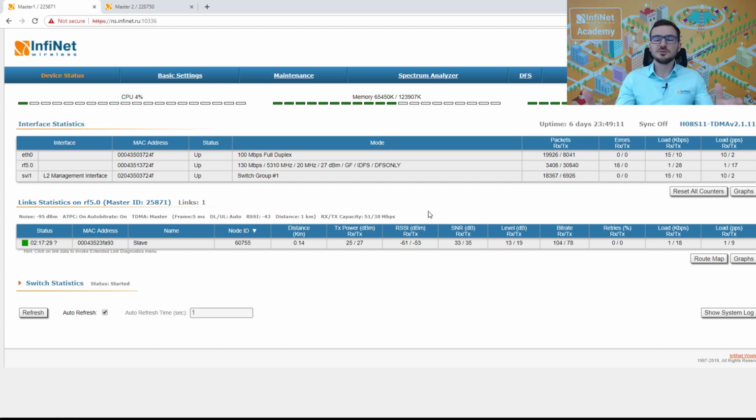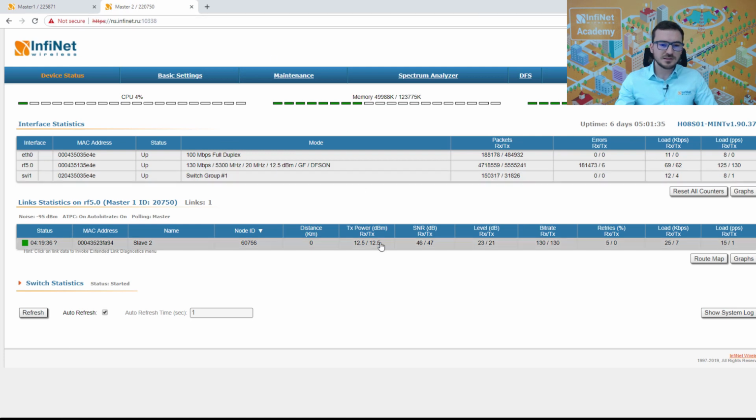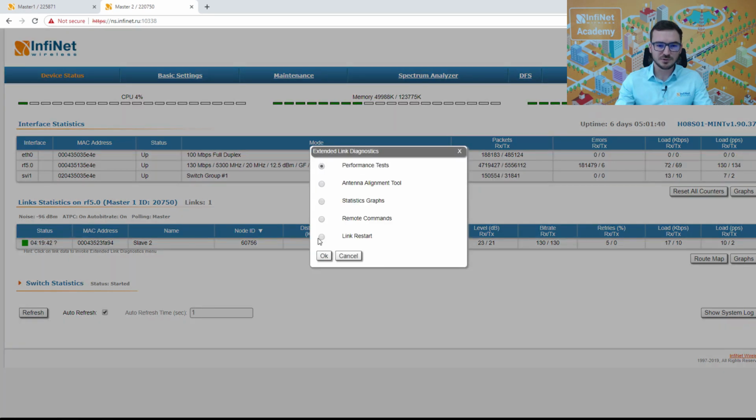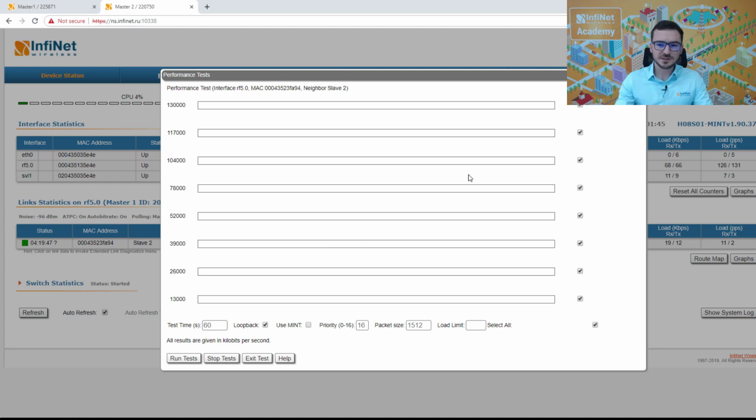But I have to give you another detail about the setup. I have a second link which is installed alongside this one that operates using the same frequency, and I will use that link to generate some interference and see how this influences the main link. So I will go to master 2, and here I will generate some traffic using the performance test tool. So I'll click on the link, choose performance test,